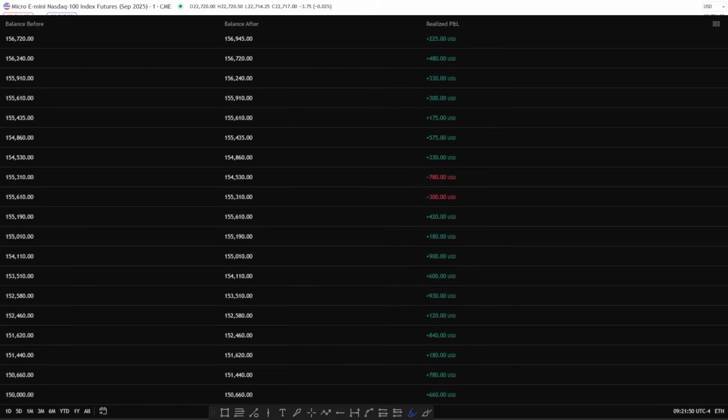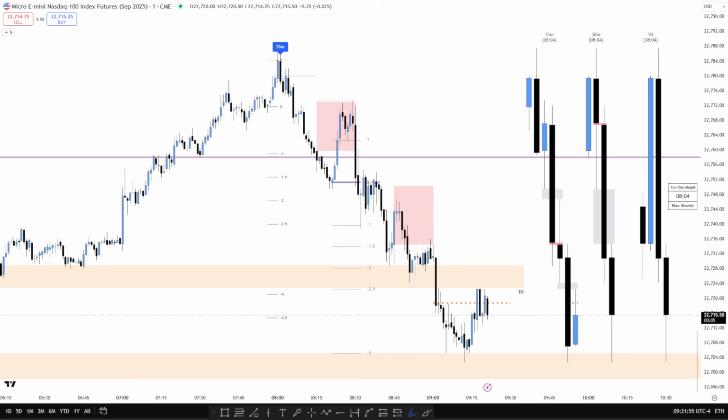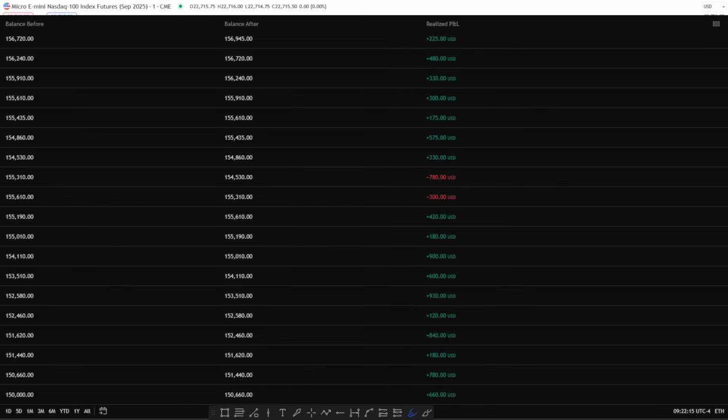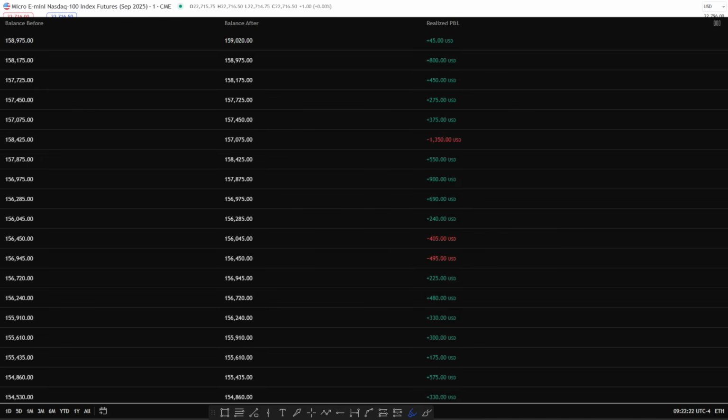This is the first part, and this thing cuts off at 156.945. So let me pull up the second part, and the 156.945 starts about midway down, a little bit below halfway down the chart here. So you can see this 156.945 there, and then he continues on from there. So again, there's the first part of his trades. There is the second part of his trades.